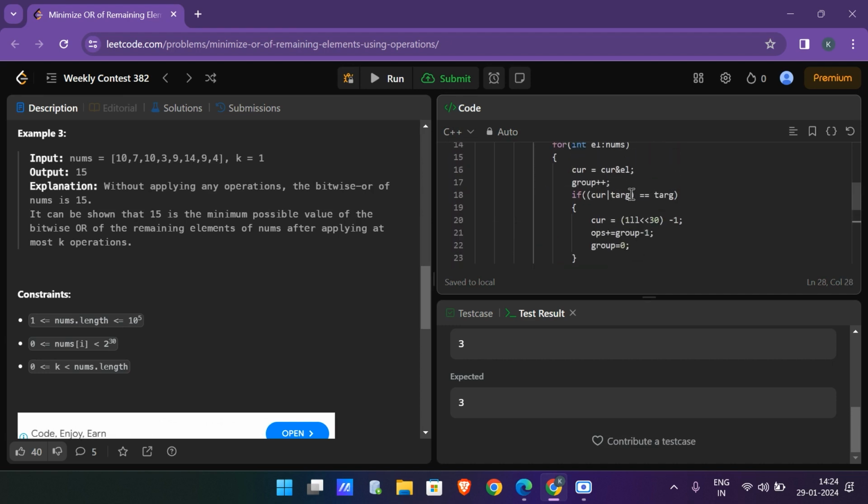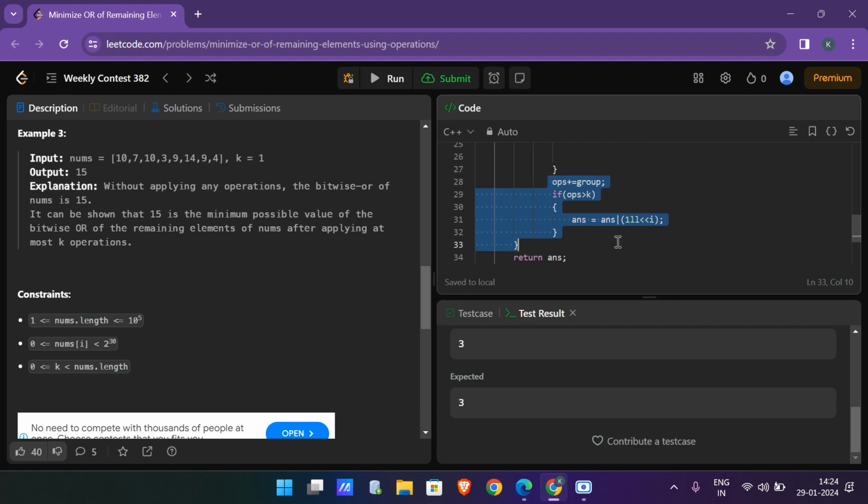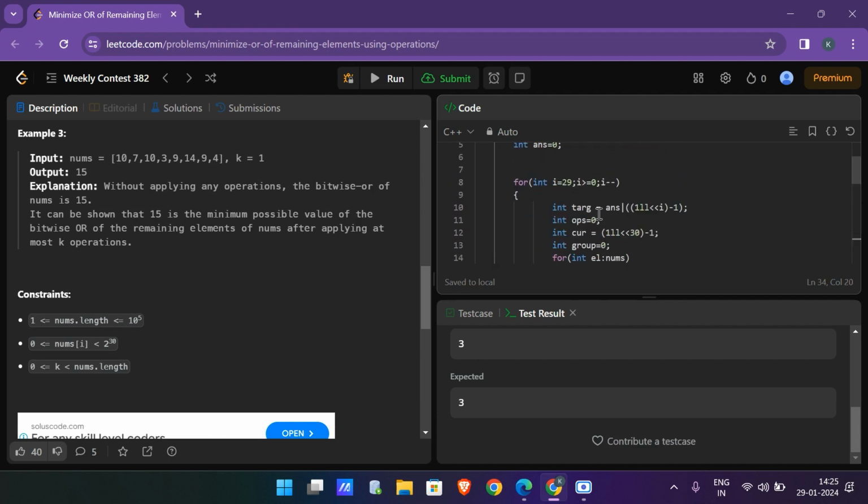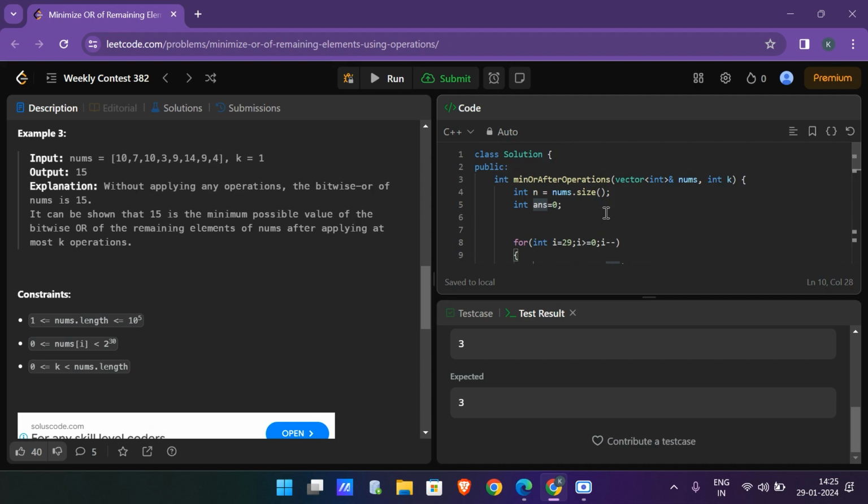Why is it so? Because of the last group that I'm left with, which is not a valid group, so the number of operations that I've told before would be the number of elements in the group, so that is the group size. If the operation is greater than k, I failed to put a 0 at the ith bit position, so I have to put 1 at the current bit position, so I'm doing OR with the answer, and I'll be returning my answer. So the key concept over here is to transform the smaller groups into the larger group,